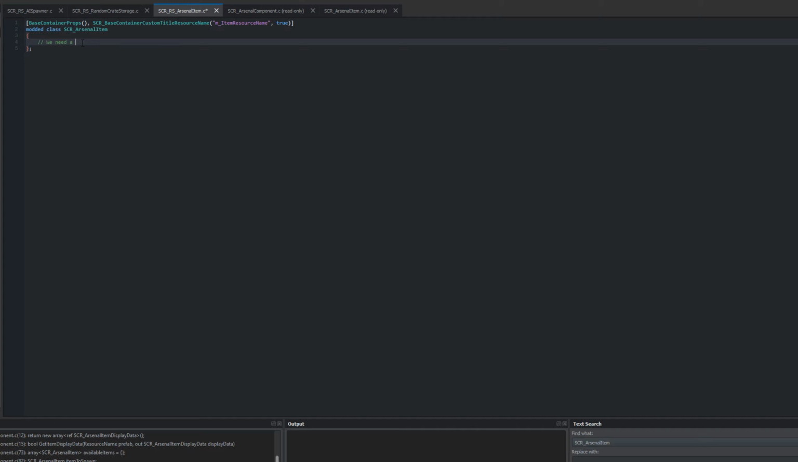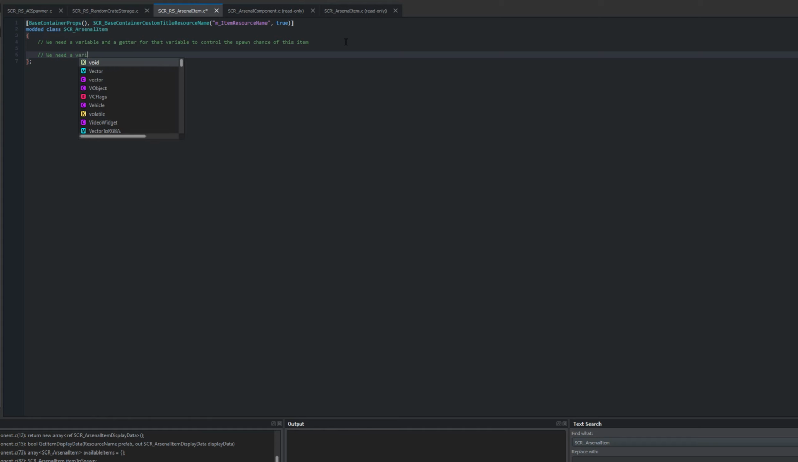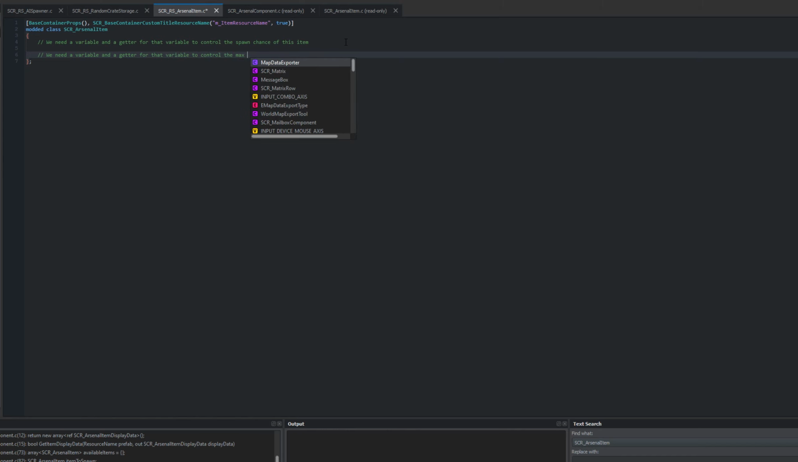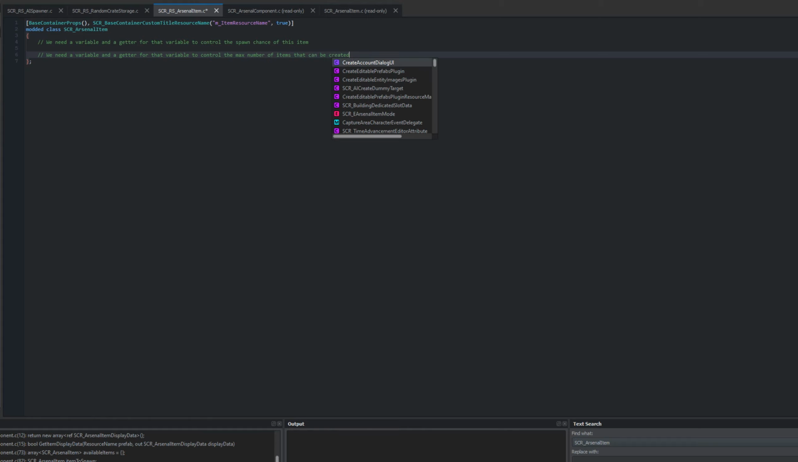So we'll need a variable and a getter for that variable to control the spawn chance of this item. So essentially this will be a percentage for how likely it is for this item to spawn. And then we'll need a variable and a getter for that variable to control the max number of items that can be created. Now that we've scaffolded out exactly what we want to do, we'll fill in the code for this scr_arsenal item